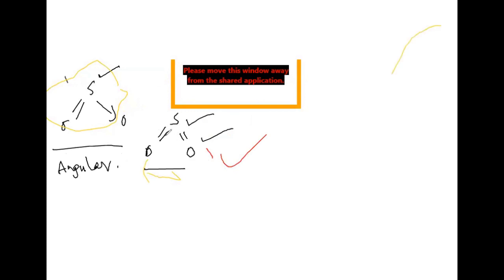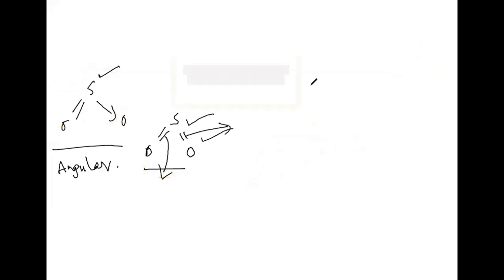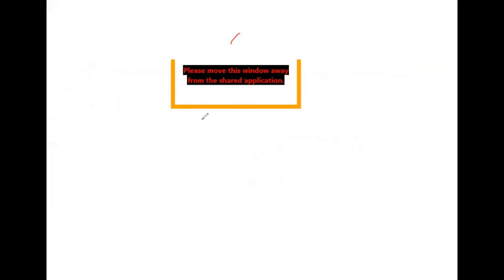But here if I show like this, what type of double bonds do we expect here? Wait. Very good. That only I'm going to speak here. Let us wait for 1 minute. I'll give the clear picture of how I am taking this. Don't worry, I understood, I'll explain. Don't write.